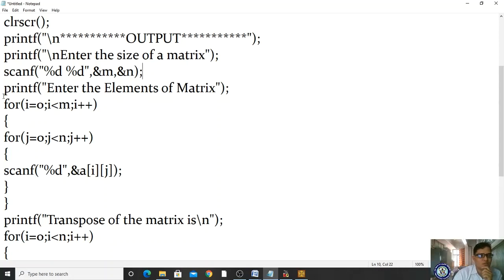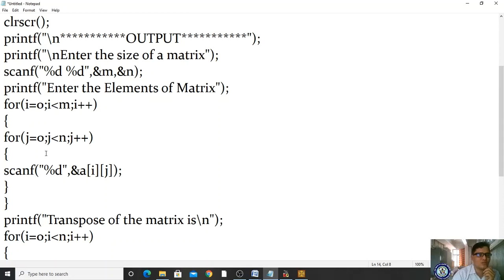Okay, for i is equal to 0, i less than 2 condition true. For j is equal to 0, j less than 2 condition is true. We have to read the value and store in the 0 0 location of matrix a. Okay, in the 0 0 location I am storing 1, and once again j will be incremented. j becomes 1, 1 less than 2, in the 0 1 location we have to read and store one value. I am storing 2. Next it is coming here.